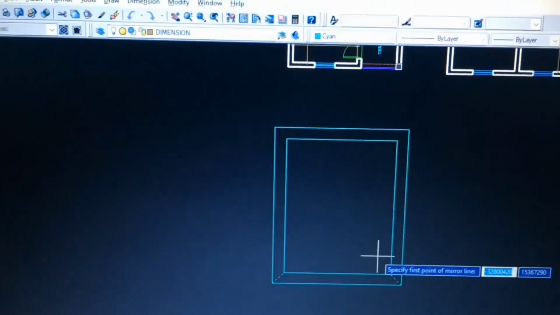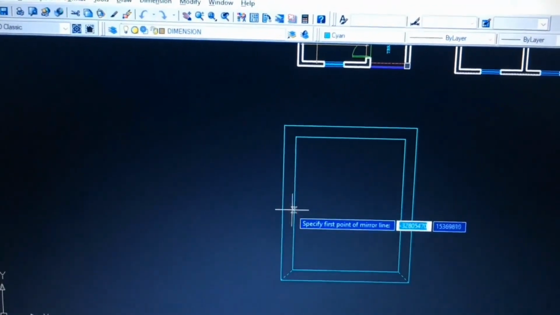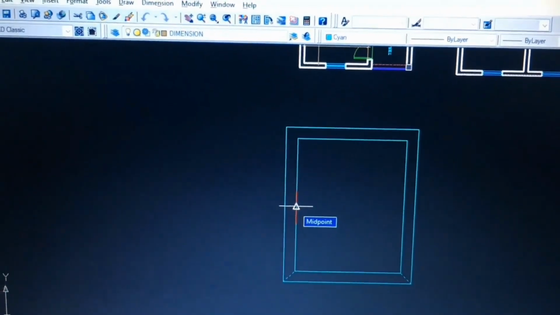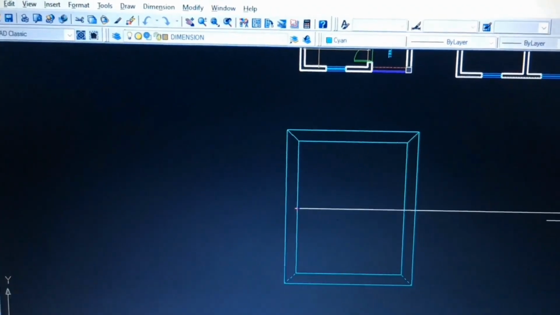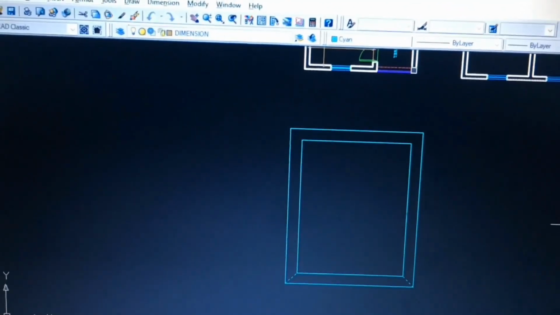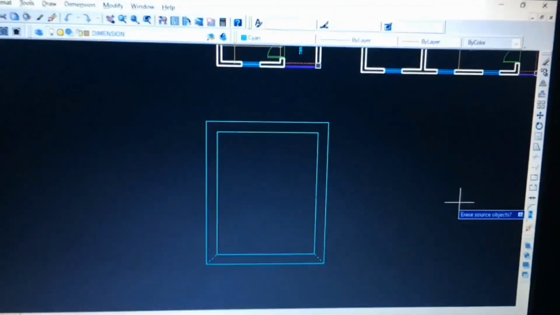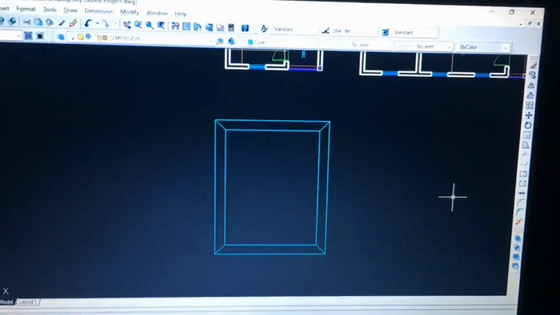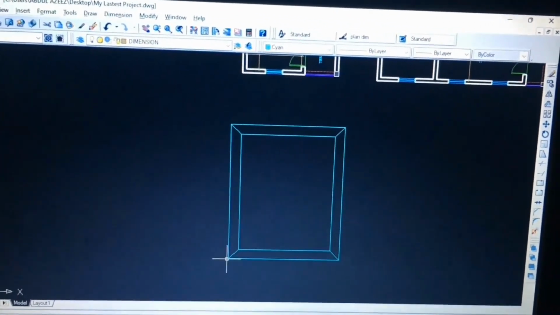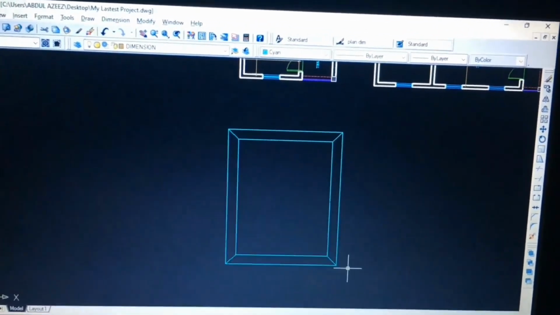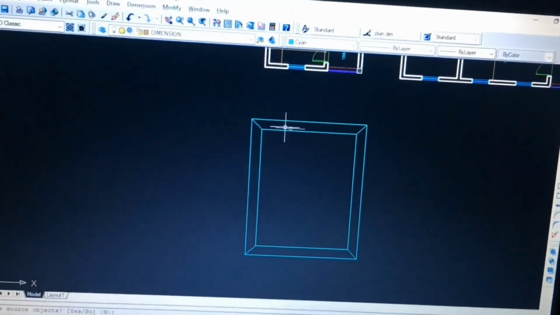MI, enter, and specify midpoint. Erase source object, no. And enter. See, I'm able to put what is on this side to the other side using the mirror